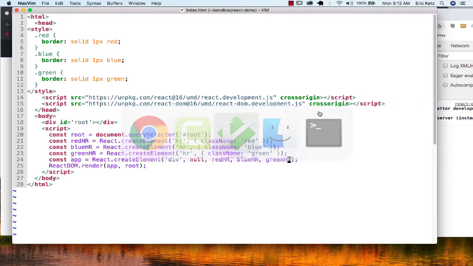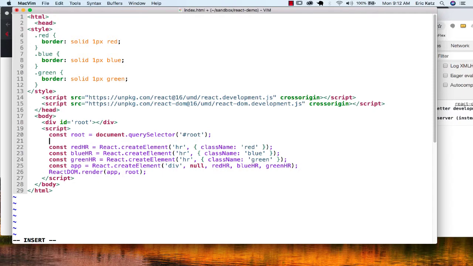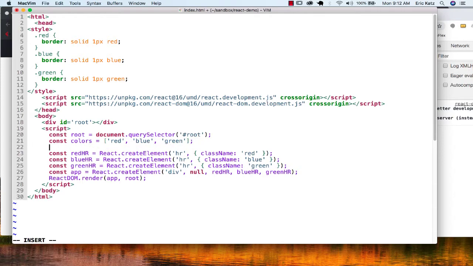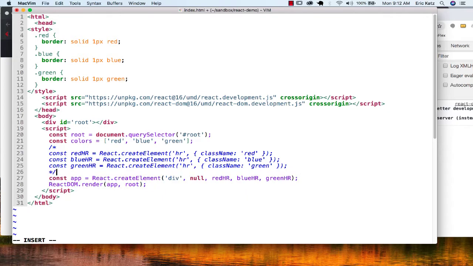One thing that you might notice is that these three lines look pretty similar. It would be great if we could end up drawing this out by doing something like this. We've got these three colors, so we've got red, blue, and green. And it would be great if, instead of having all this code here,